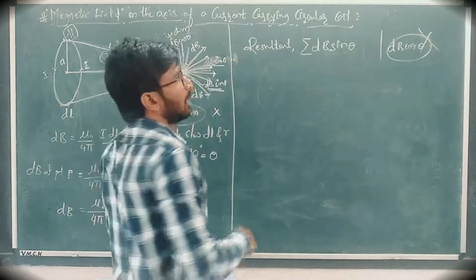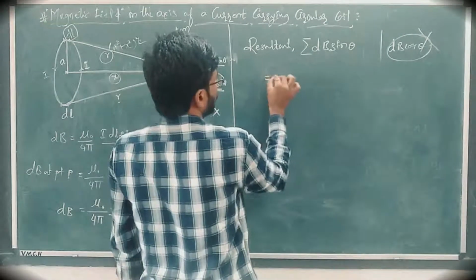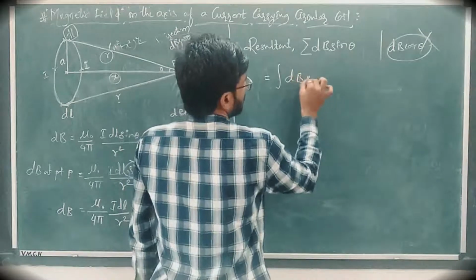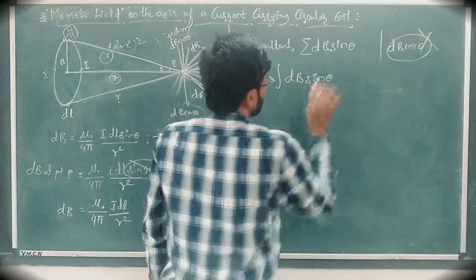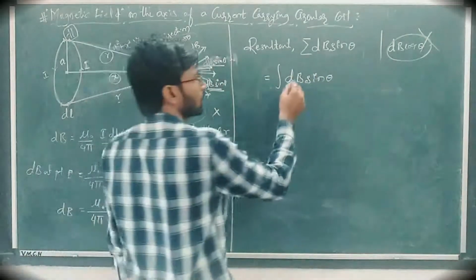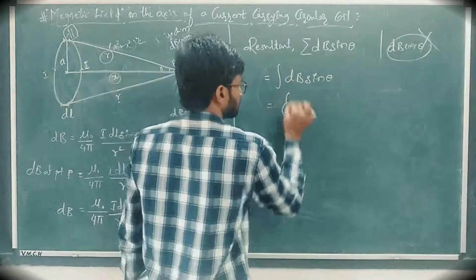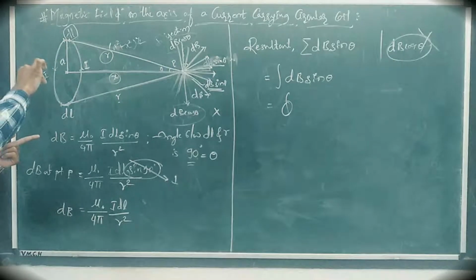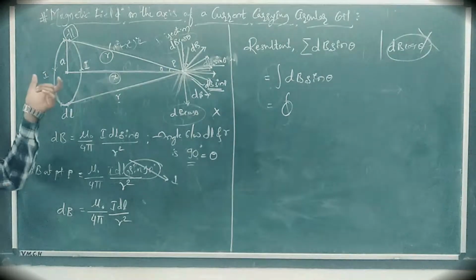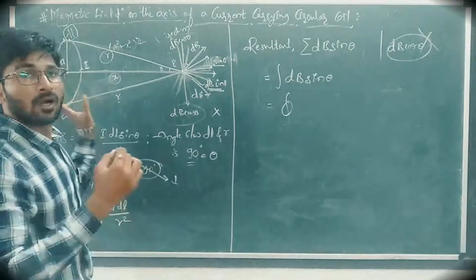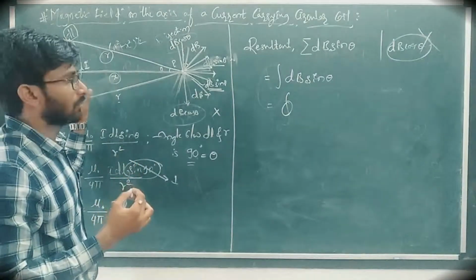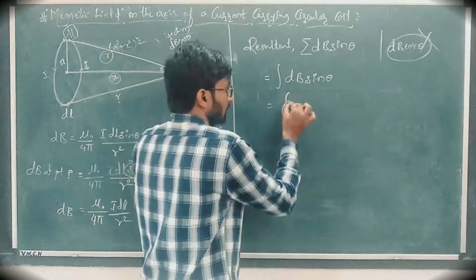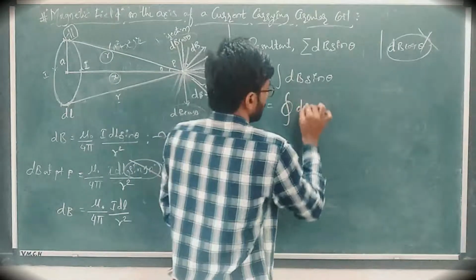Is that right? And now I can rewrite this as an integration over dB sin theta. Why? Because I am going to consider this as the complete circular coil. As I said earlier, I need to consider this as the whole circular coil. If you want to find it, I am going to consider this as the whole closed integral, that is, I can write like this. This is dB